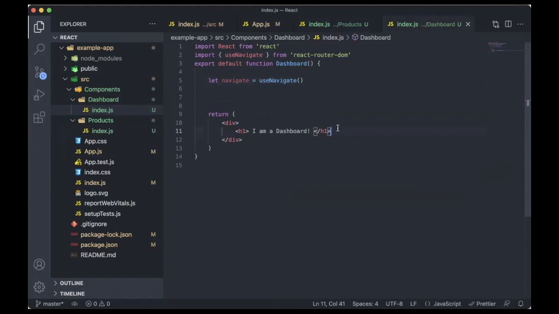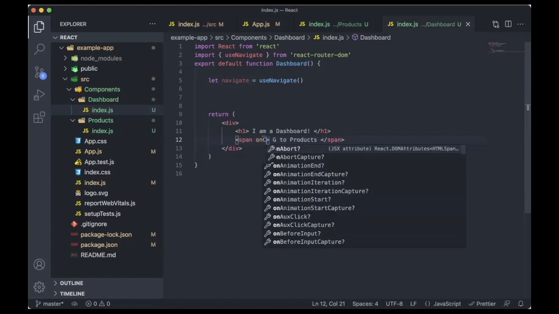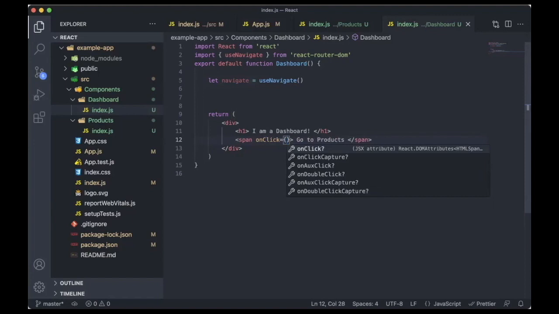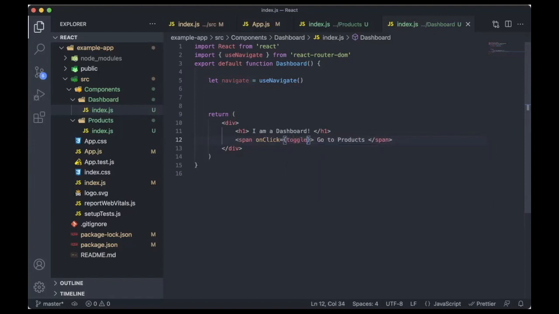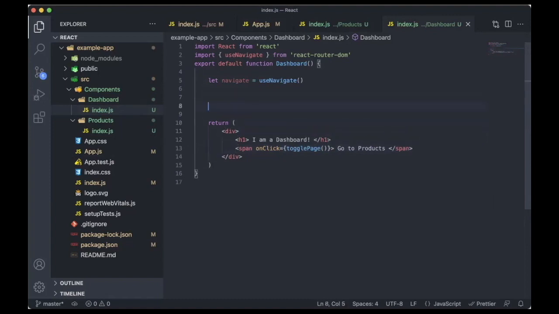Now let's create a span tag, and let's say go to products inside the span tag. And to this span tag I'll add a method called onClick. And let us create a function called togglePage. I'm going to create an arrow function here called togglePage.